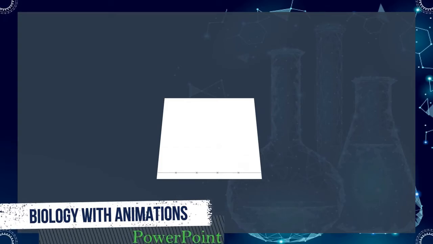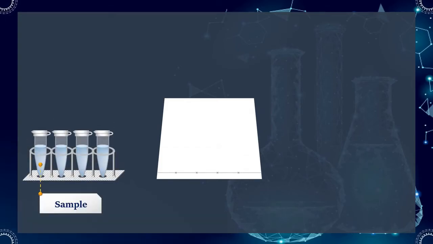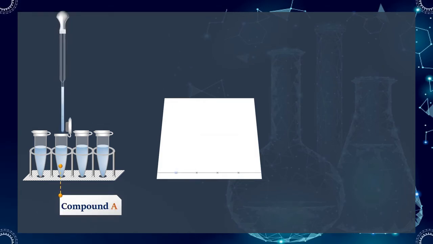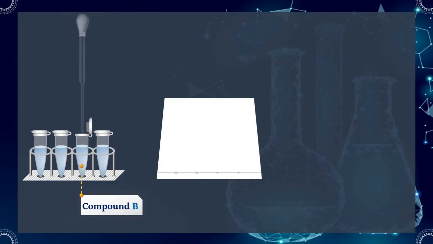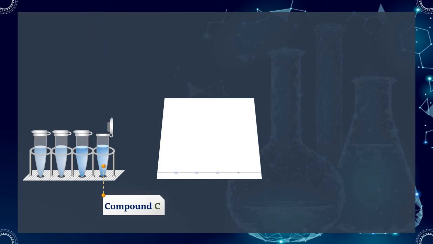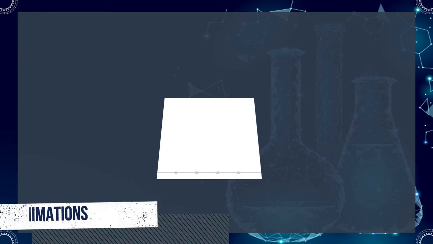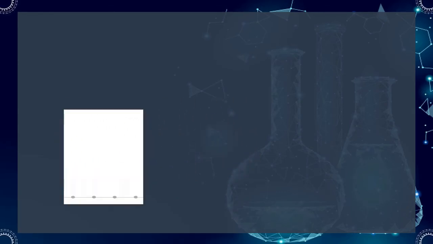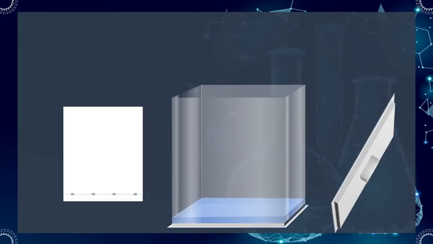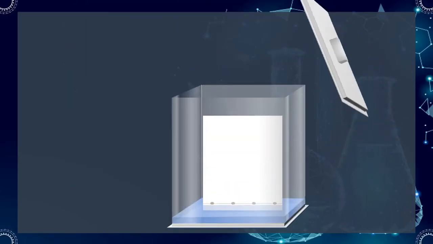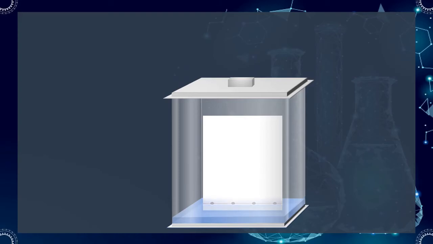Thin layer chromatography can be used to identify compounds present in a given sample mixture. A small drop of the mixture is placed on the baseline of the thin layer plate, and similar small spots of known compounds are placed alongside it. When the spots are dry, the TLC plate is then placed in the chamber so that the spots do not touch the surface of the eluent in the chamber, and the lid is closed. The solvent moves up the plate by capillary action, meets the sample mixture and carries it up the plate.